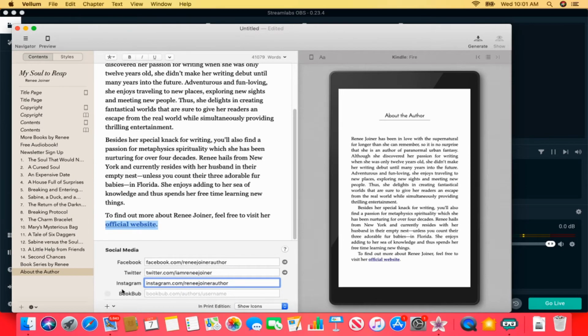So this should have been Amazon, because believe it or not, I haven't gotten around to doing BookBub. I know, so bad, so bad. Okay, here in the print edition show icons, but I like the icons as well as the links. Oops, I don't know why you want to go away. All right,